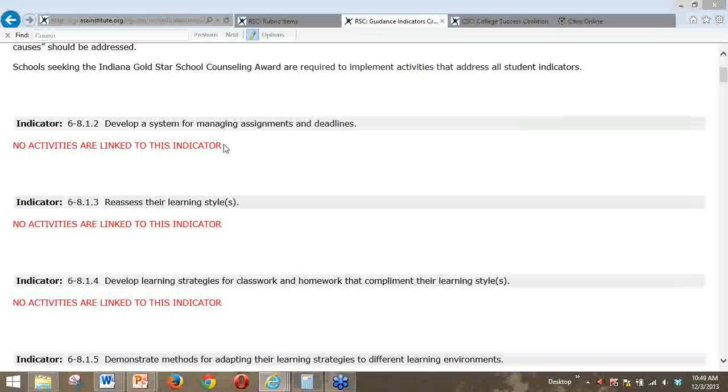So if you are an Indiana school seeking Gold Star, you don't want any of these red flags. If they come up, then you know, oh, we don't have an activity for this first indicator, and we need to go back, enter an activity, and then associate it with this indicator.